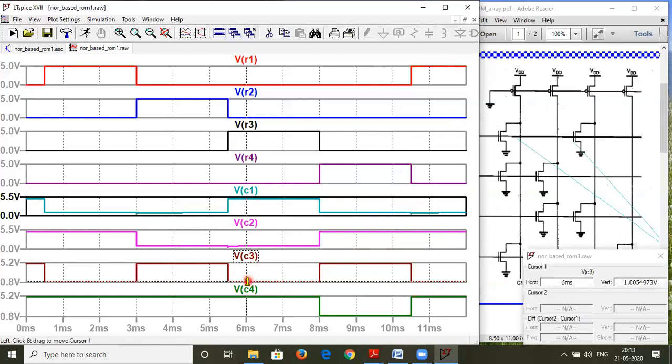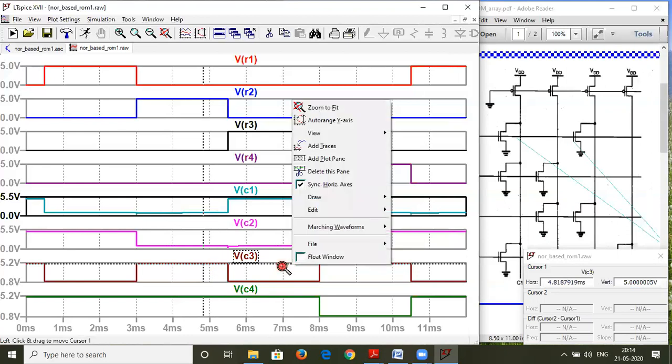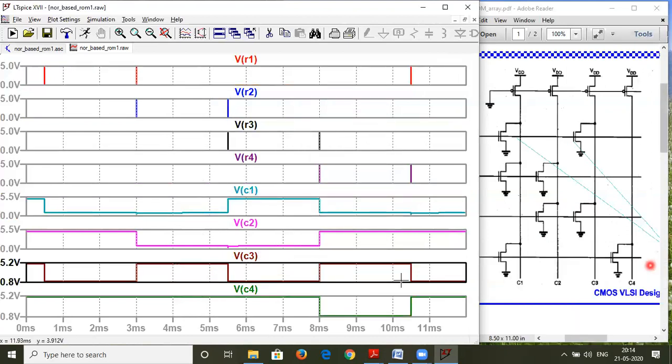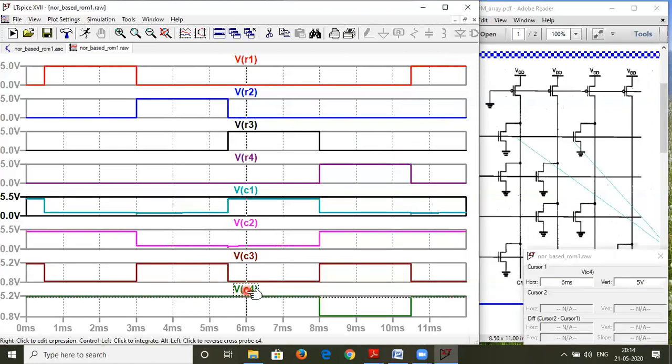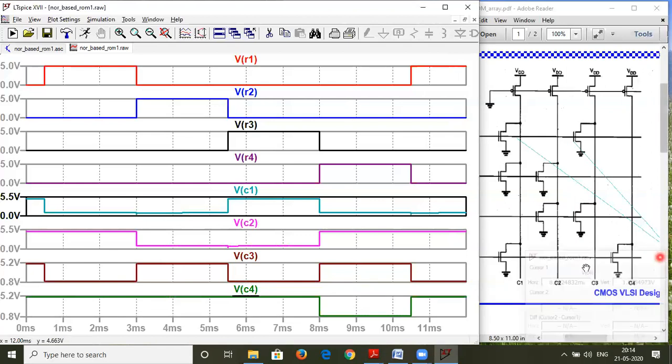So for C3 also it's 1 and the higher is around 5. So again the PMOS is passing 1 properly and 0 not so good. And C4 is 5 and 1. So all is giving around the higher magnitude here is 5 and the logic 0 is around 1 volt for all the cases, that is from C1 to C4.